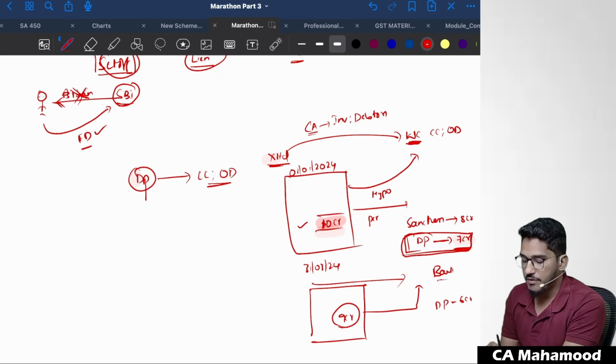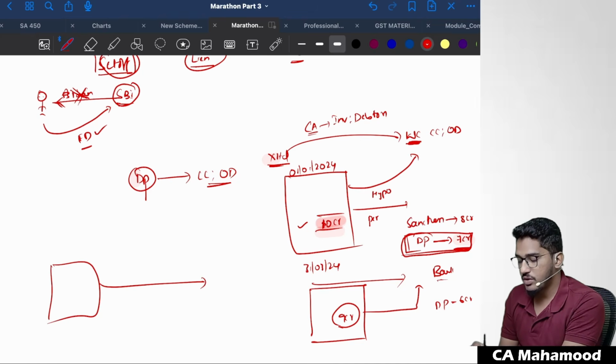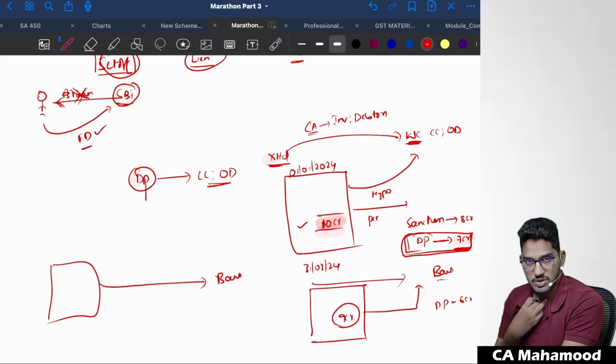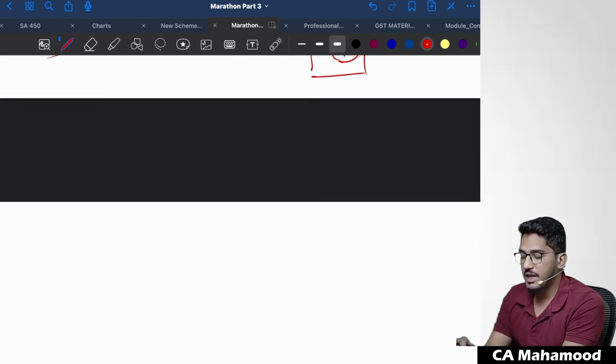Like this, next quarter, he will once again submit the stock statement. Now, on the basis of the stock statement received, the banker will once again revise the drawing power. Either he will increase or reduce it on the basis of the stock position. On the basis of what? Stock position. And how will this drawing power be calculated?